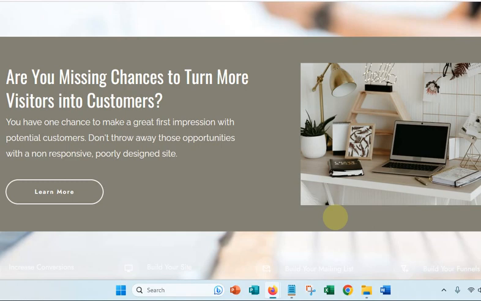The next thing you want to think about is the above the fold area and the theme or the message that part of your page sends out. So in this case, we are talking to entrepreneurs. We're talking to people who are business owners, people who are interested in making money online. And so when we start talking about things like turning more visitors into customers, that is something that most business owners can